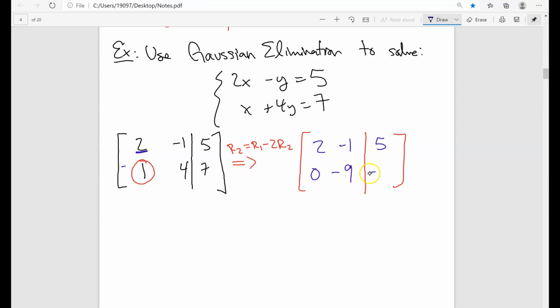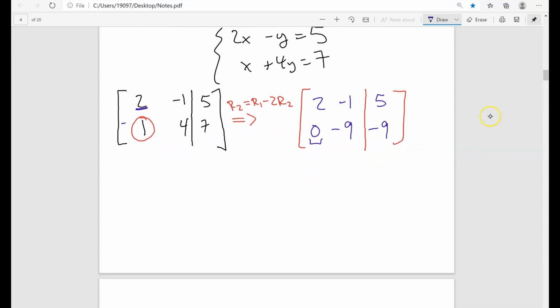That's going to give me a -9. Okay. So now that we finally got this to be 0, now we can rewrite it as 2x minus y. So I'm just rewriting this first part because remember this was the x and this is the y, so it's going to be 2x negative y equals 5. And then the other one, notice that the x went away, so we're left with negative 9y equals negative